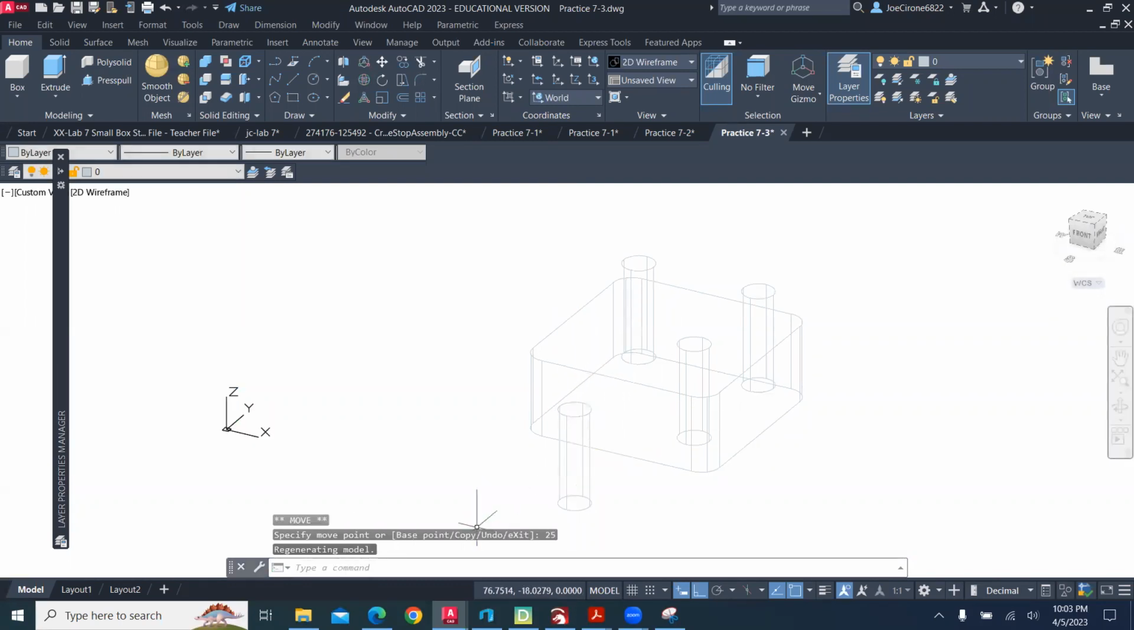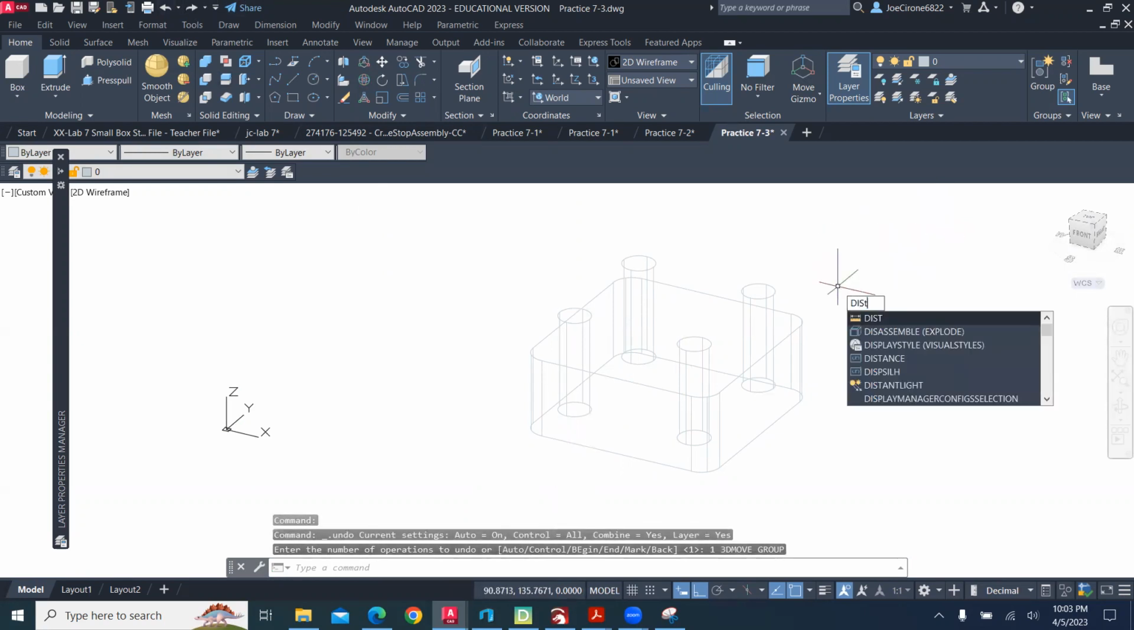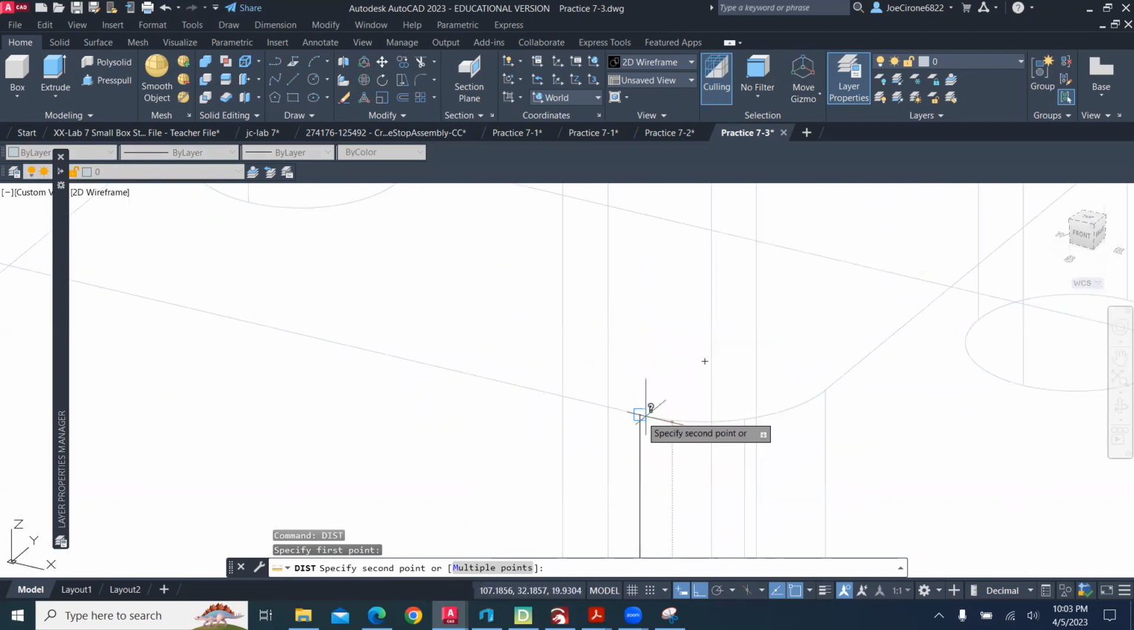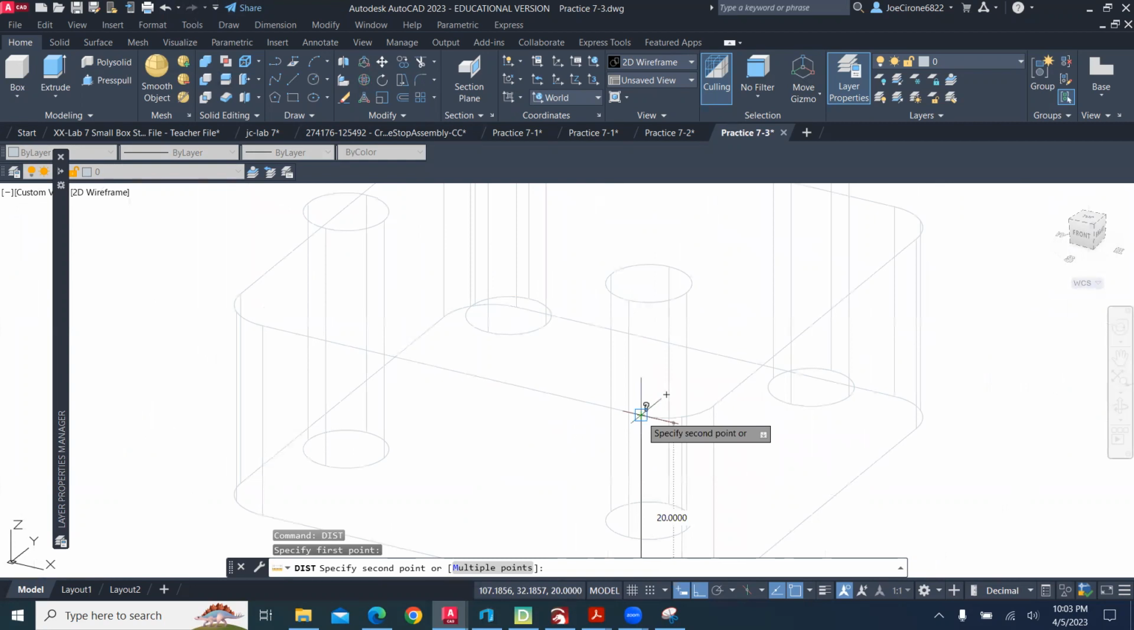Yeah, that's, in my opinion, too much. I'm going to undo that. And then I'm going to grab a measurement really quick. DIST for distance. Just going to grab a couple of points and measure how tall that is. So that is